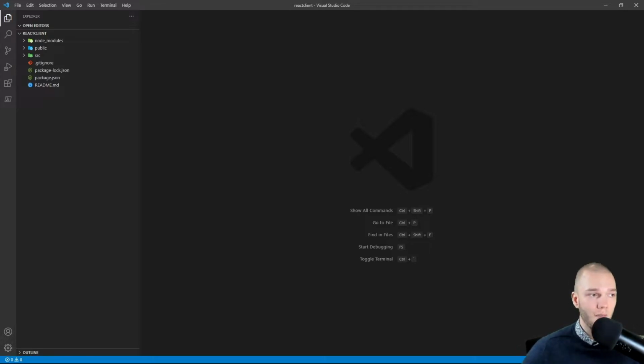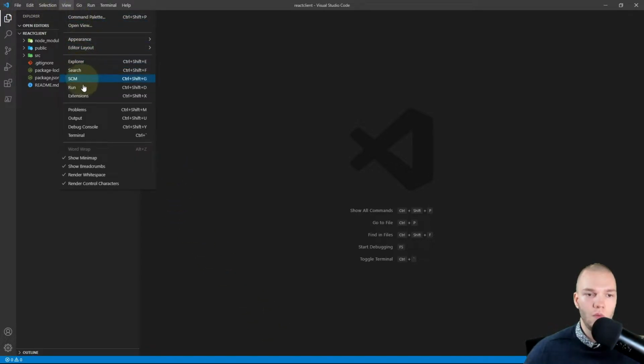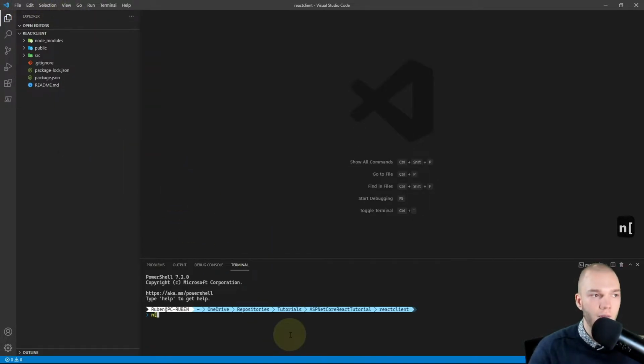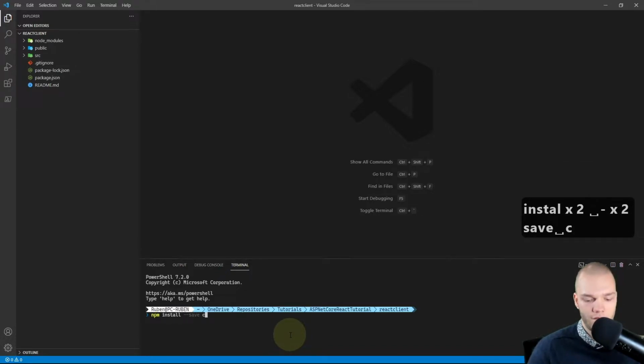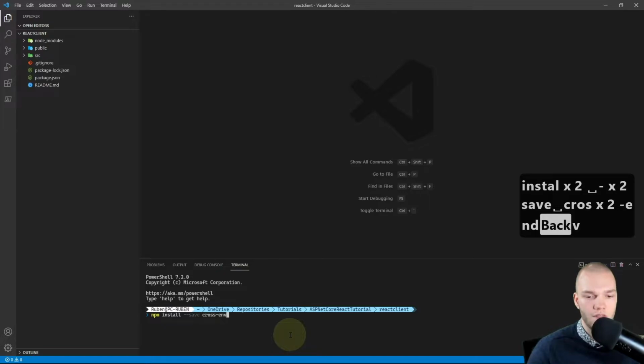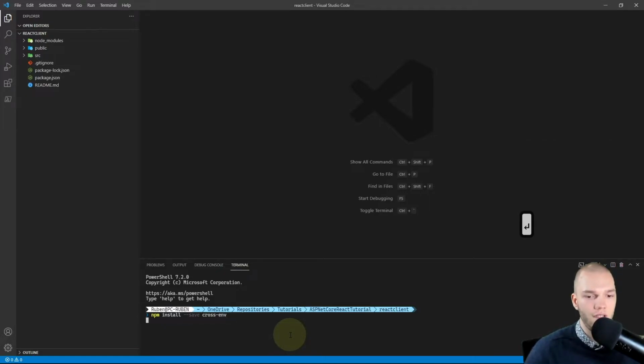So to do that, I'm first gonna go to a terminal. So view terminal, and in here I'm gonna run npm install --save and then cross-env.